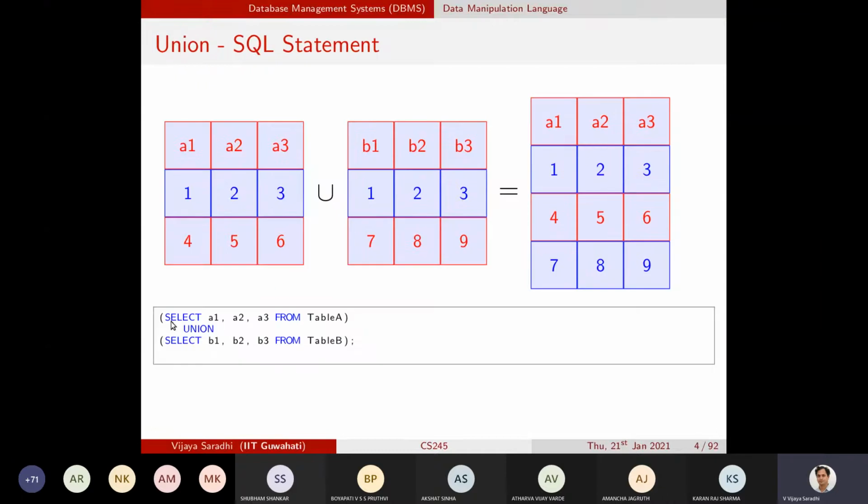The way that you get these contents is that you have to use select on the three columns from table A, and this results in getting all these rows from table A. Similarly, you do the same thing for table B. So you take these three columns from table B and then perform the union operator.